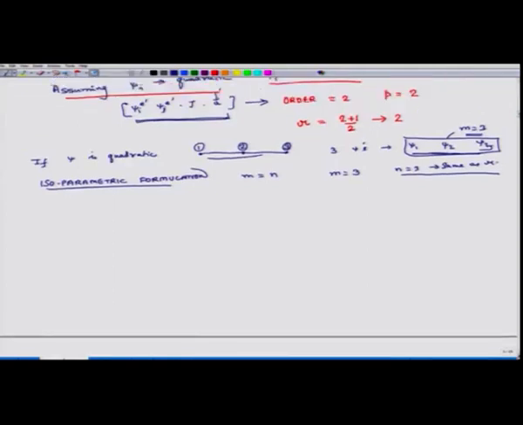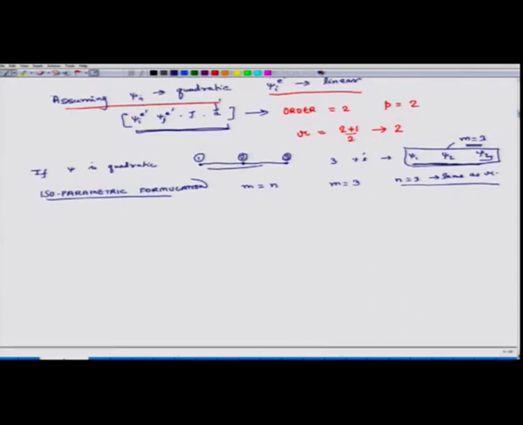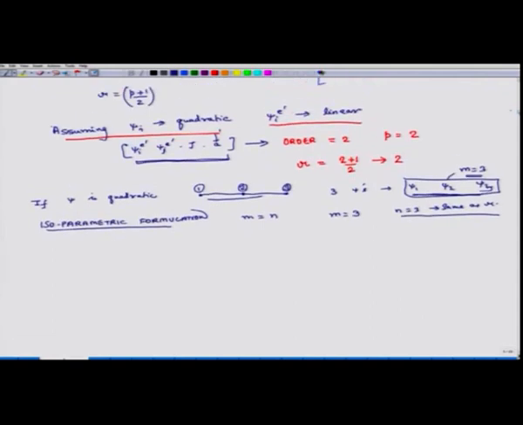If I use r equals 2, it will not be an isoparametric formulation, but will I get the correct answer? What is the minimum number of quadrature points required? This should actually be r min. So, the minimum number of quadrature points is 2. If I use 3 quadrature points, I will be fine.